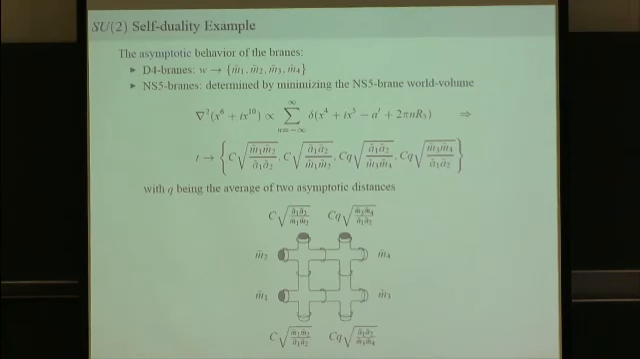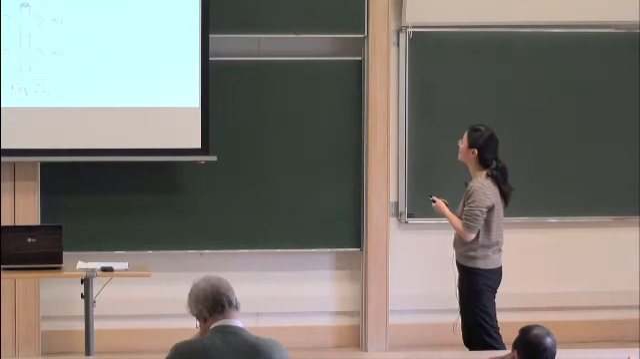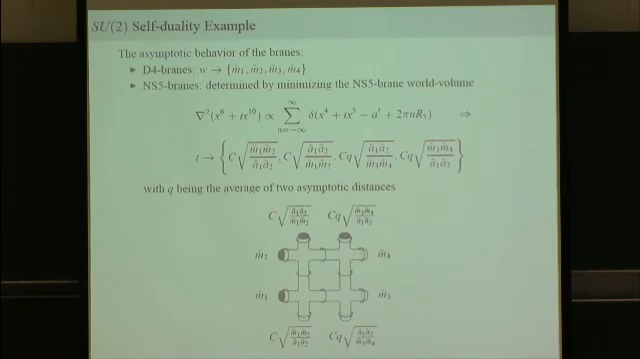For the NS5 branes, one could solve or minimize the NS5 brane world volume by solving this Laplace equation. And you solve this separately for one NS5 brane at a time. So I'm doing here the SU(2) self-duality case, just as an illustration. So solving this equation, you will find the solutions that the NS5 branes stretch to infinity